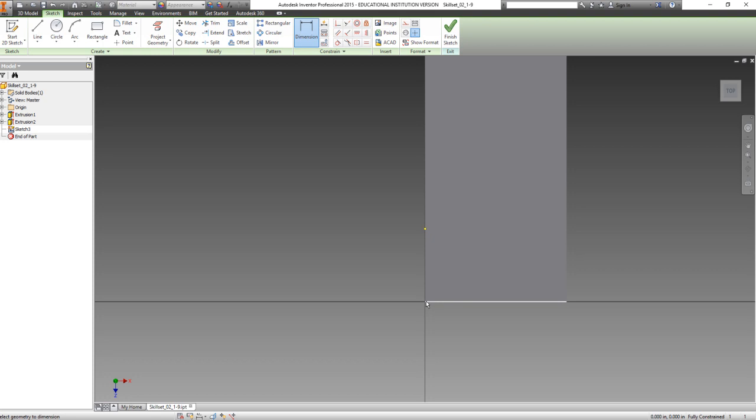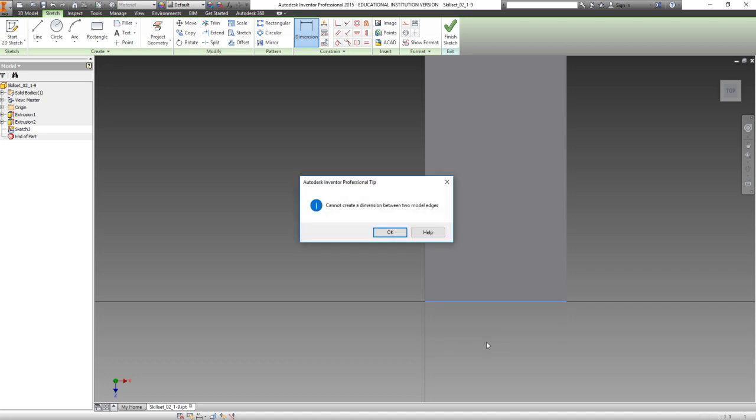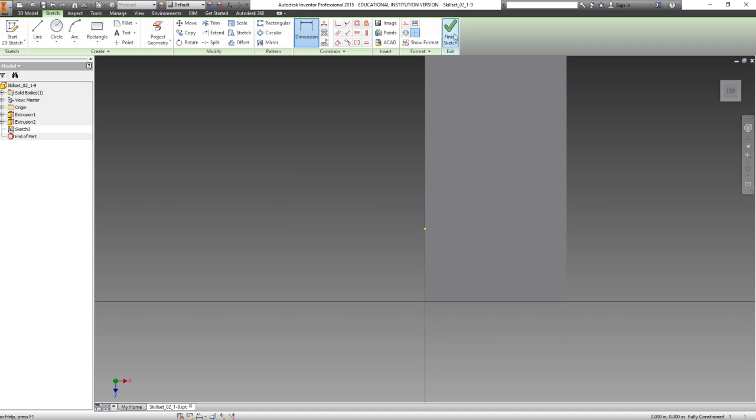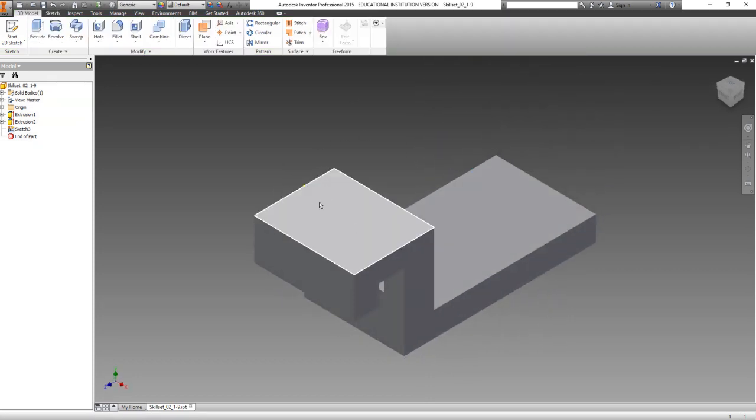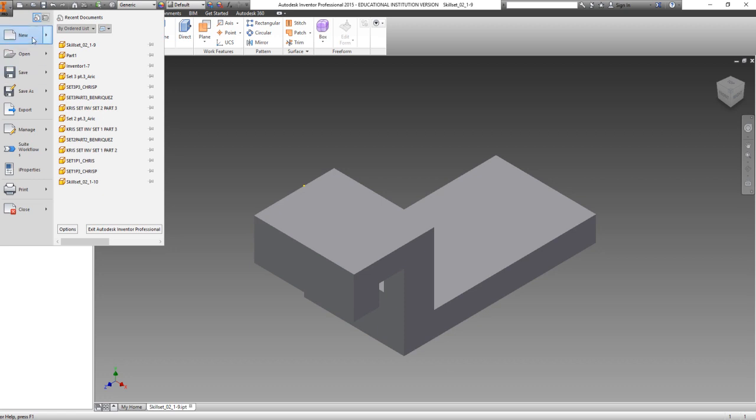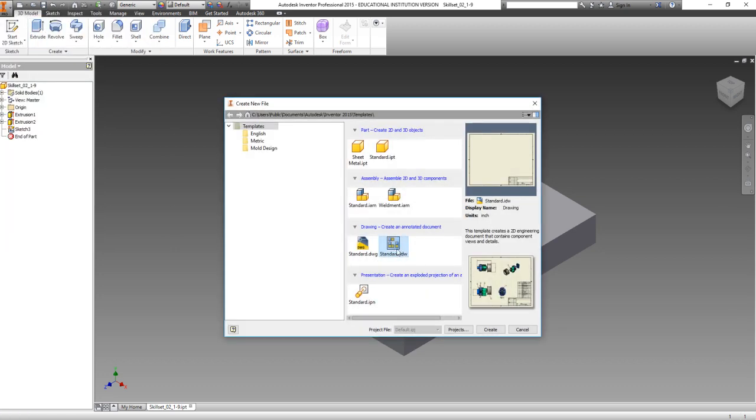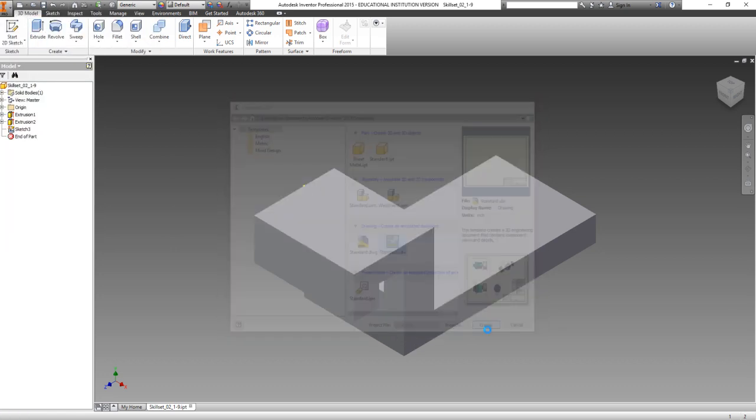And then we could come over here and we could dimension this and we can see how wide it is. Okay, but once we get done with that, it will disappear and there are no dimensions. So the only way we can apply dimensions is if we do new and we come over here to standard dimensioning,